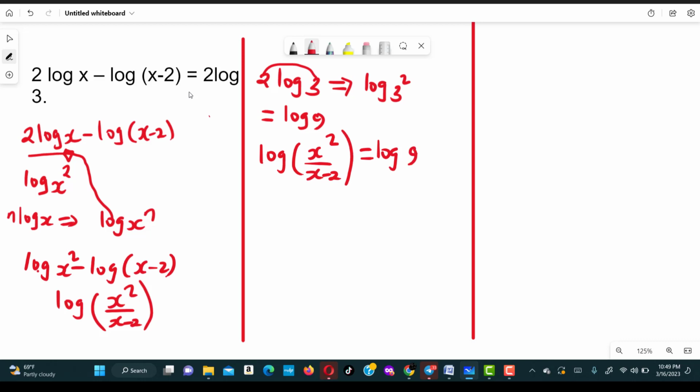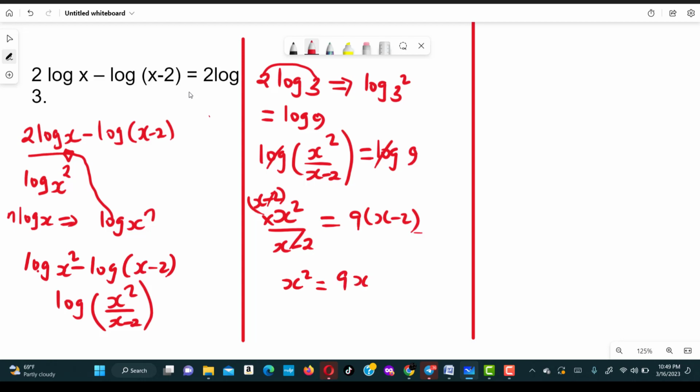From here we can divide both sides by log, and therefore the logs will cancel, and we shall have x squared over x minus 2 is equal to 9. Multiplying both sides by x minus 2, we will have x squared is equivalent to, expanding the bracket, 9x minus 18. Taking everything to the left hand side, we will have x squared minus 9x plus 18